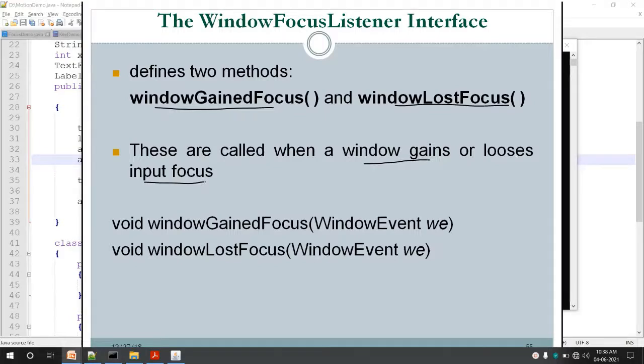You can register this WindowFocusListener on the applet window, and whenever the window gets focus, when the window is active, windowGainedFocus is called. When the window loses focus, meaning when you move from one window to some other window, windowLostFocus is called.